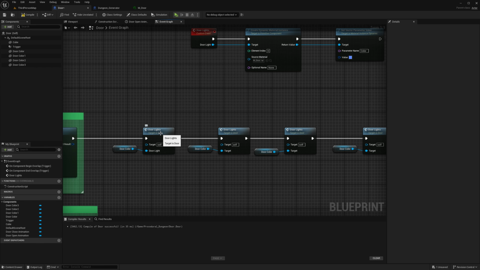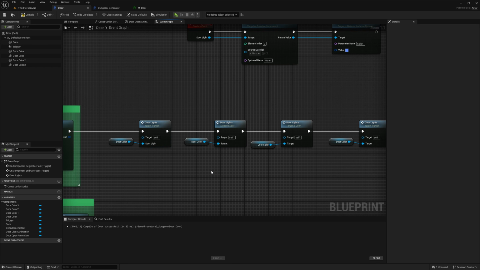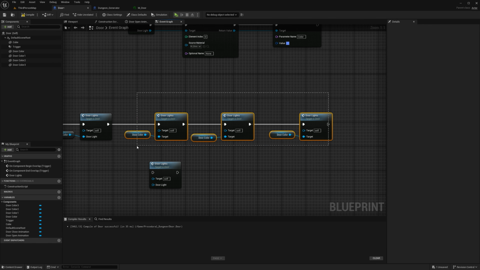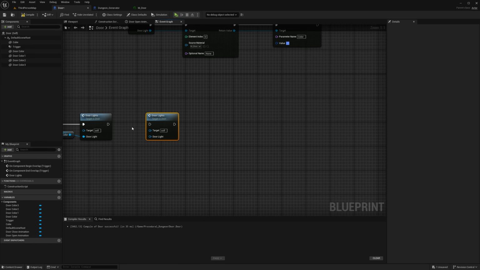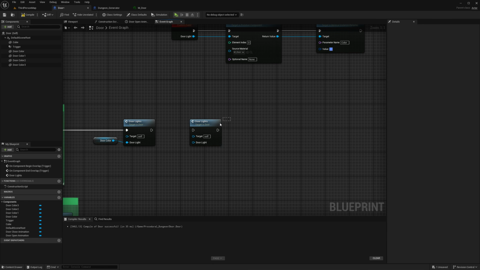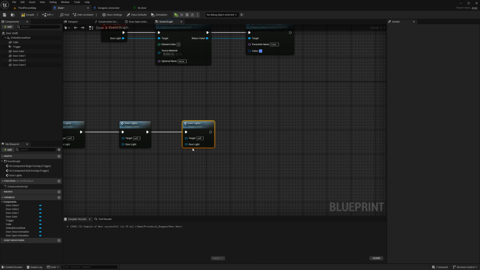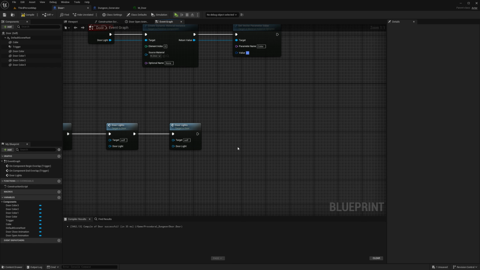What? With door light, why is this called target? Wait, okay, so if I copy paste this. Okay, delete this, guys. I don't know what's up with Unreal here. So we just copy and paste again. Hook it up. Now it says door light as it should.